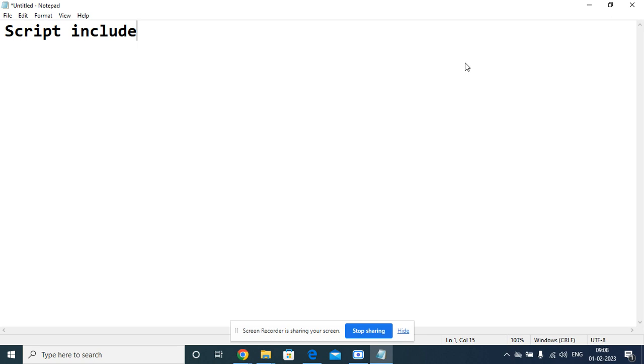Script include means, for example, if you have written one function which will be used for multiple scenarios and multiple scripts, you would have to write it each and every time. And also this script include will be executed in the